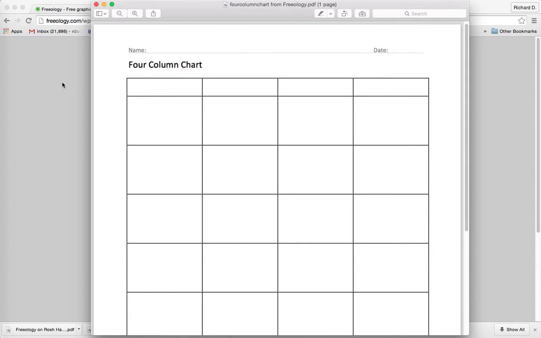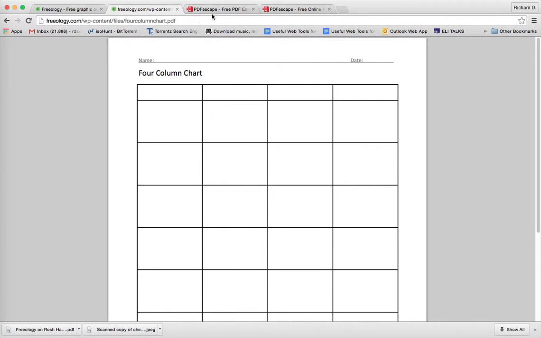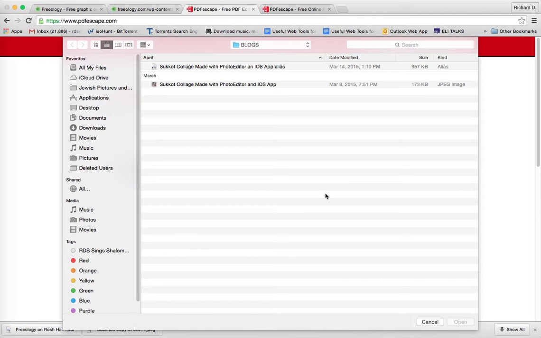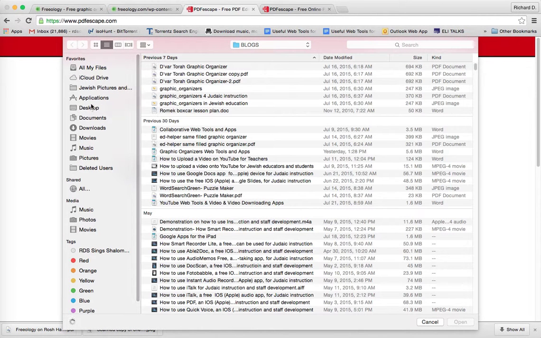Okay, so the next thing we want to do is convert this chart for Judaic instruction. And one way you do that is to use a PDF editing web tool. There are a variety of different PDF editing tools you can use, but the one that I like to use is called PDF Escape. Okay, so let's click on PDF Escape. You see over here it says Choose File and then Upload. So what you do is you click on Choose File. You find the file that's on your desktop,